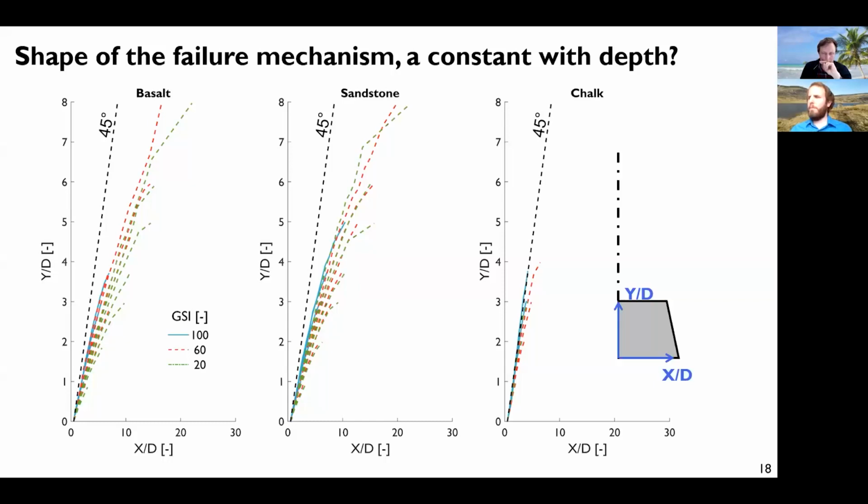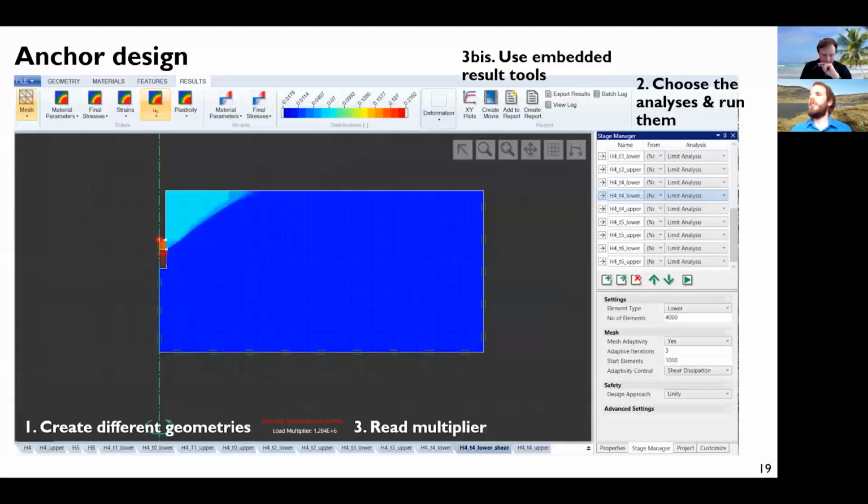So this is great for research, let's say, but what if I want to design my anchor with Optum actually? So I would say this is quite easy. You just start with Optum, you create your different geometries, few clicks, then you choose the type of analysis. In the following, I will always show results of the limit analysis, and I use only lower bound element type, because I don't run all simulations twice, upper and lower. I've tested it before and have enough elements, so the lower bound is quite sufficient for what I'm doing. And then you run the software and you have the load multiplier here that you can collect,